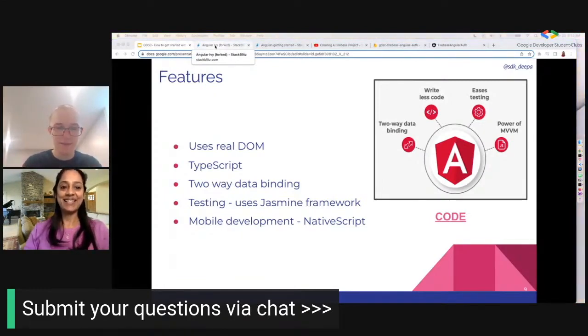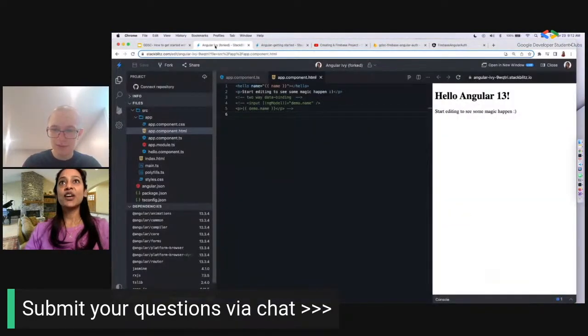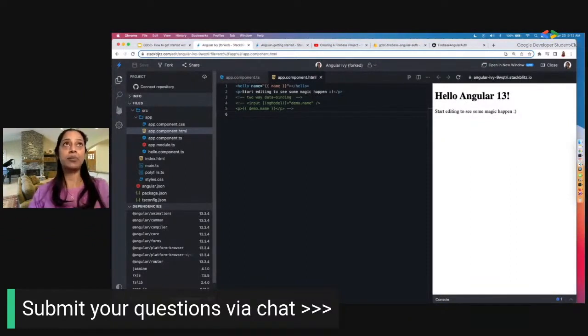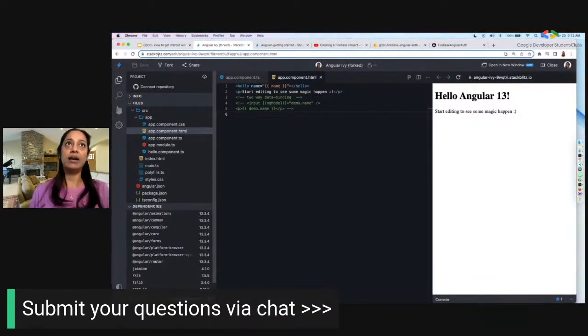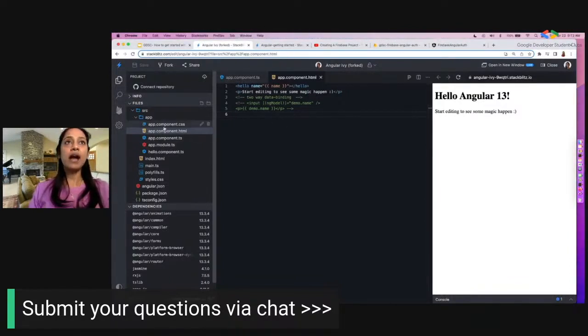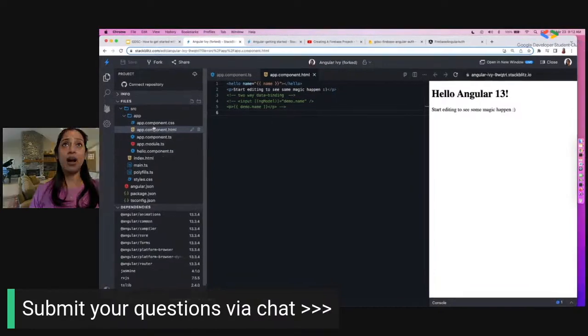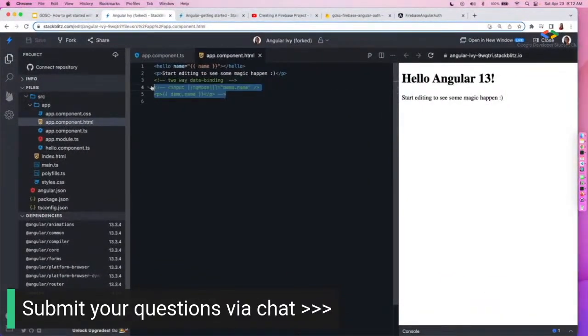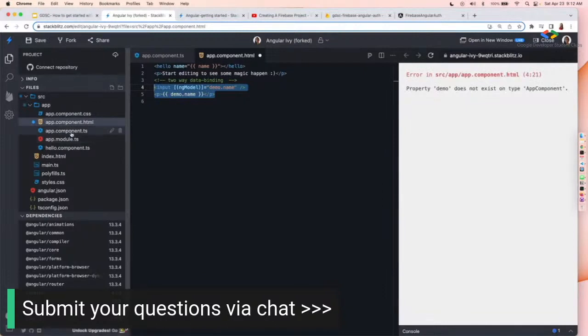Okay. Sounds good. So here is a project. You can use StackBlitz for creating it; you don't have to use an IDE and get everything installed. This is a browser IDE where you can create an Angular project. It's very similar to CodeSandbox. So here I haven't added any components, but when I created the project, it came with these